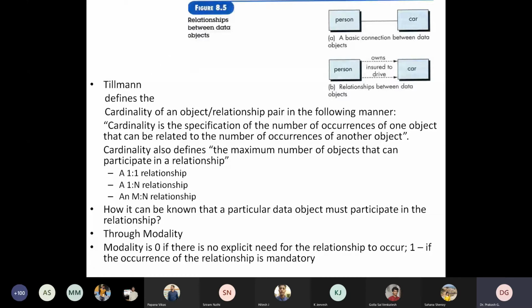I think some of you may be aware of that in Bangalore also. So with respect to carpooling, what is happening? The driver can allow any number of passengers into the car. So this is one thing we have to think about in the relationship. Now coming to the car part.